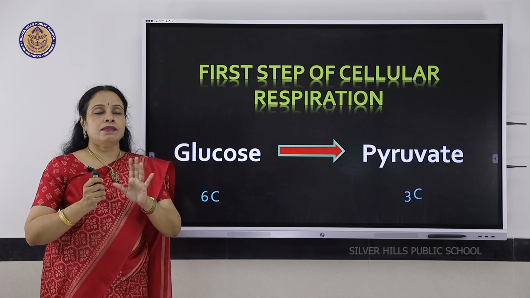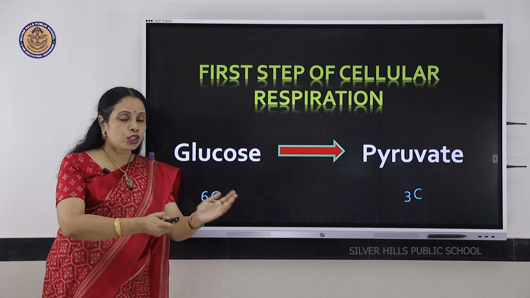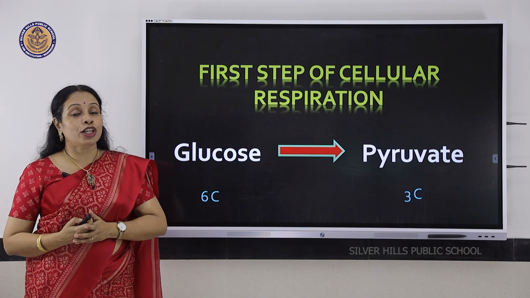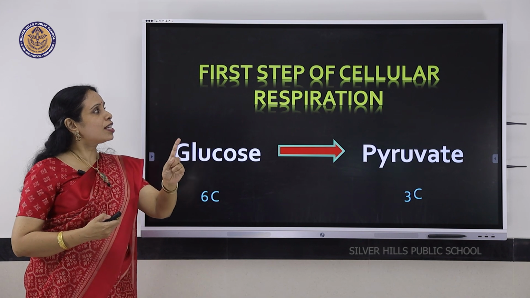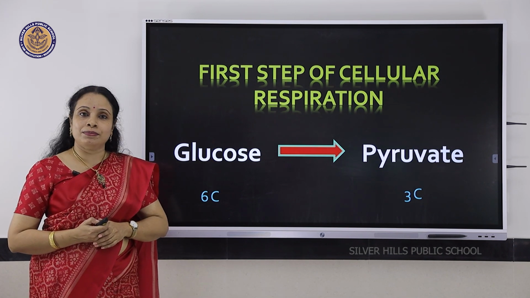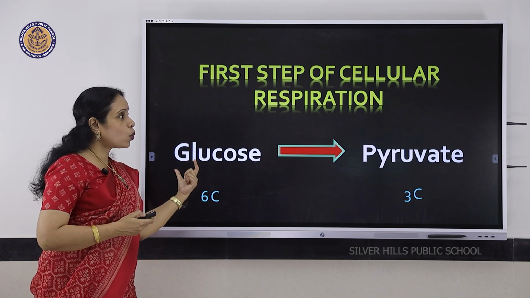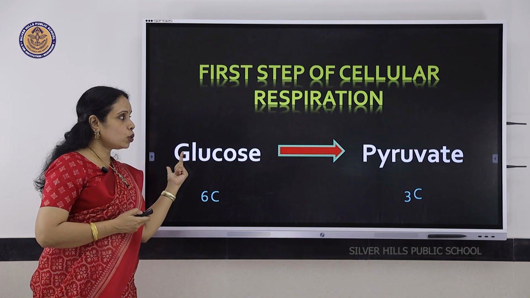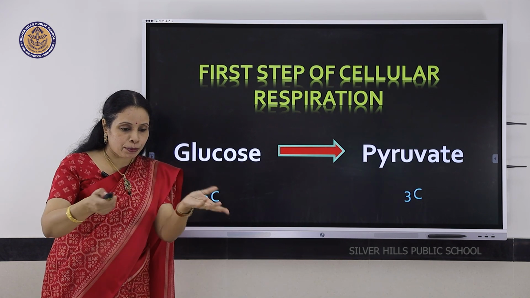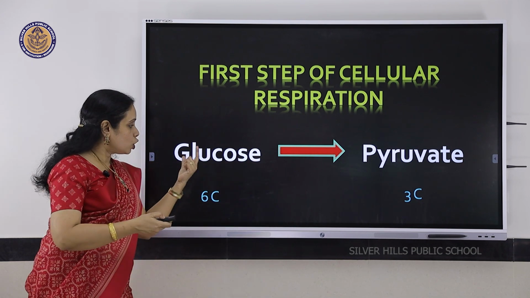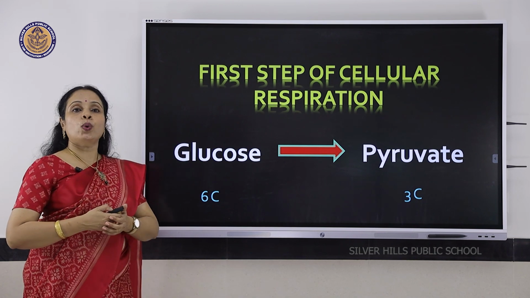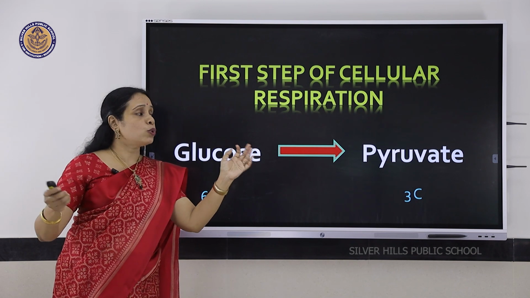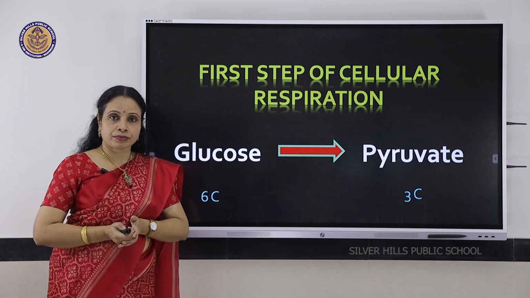So, whichever it is, whether it is aerobic, which uses molecular oxygen, or anaerobic, which doesn't use molecular oxygen, the initial step happens in the cytoplasm, where glucose is broken down into pyruvate. Glucose, I told you this is a catabolic process, a breakdown process. So, the 6-carbon compound called glucose will be broken down into 2 3-carbon compounds called pyruvate.